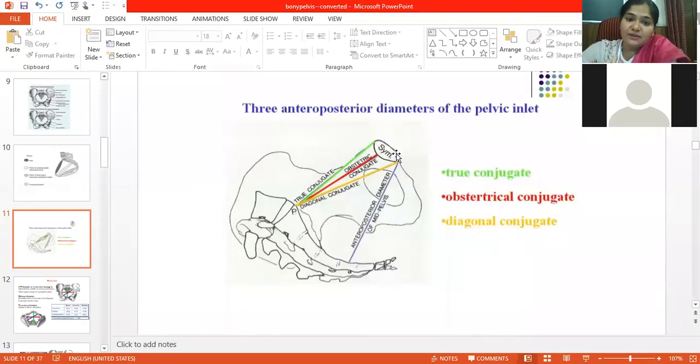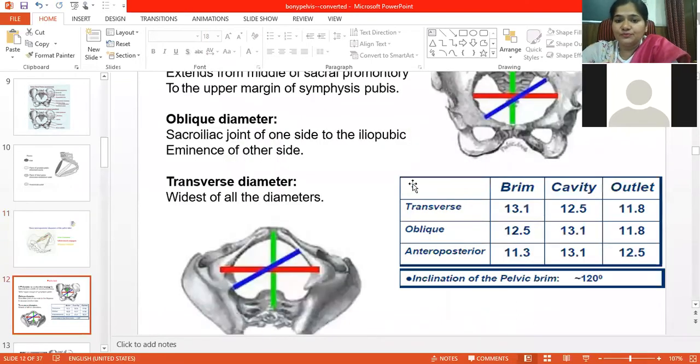So these are nothing but the AP diameters of the inlet. So this is the AP diameter of the inlet, right? This is the AP diameter of the mid pelvis. It is at the level of the ischial spines. Here it is going through the ischial spines, right? Now coming to, these are the